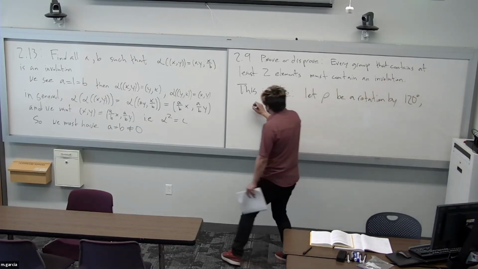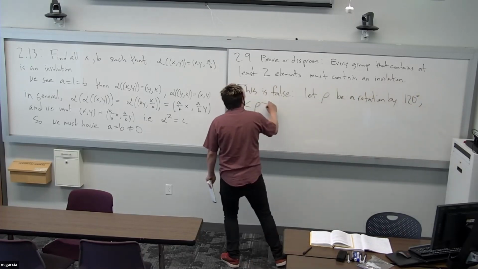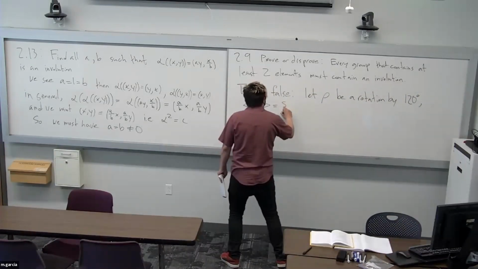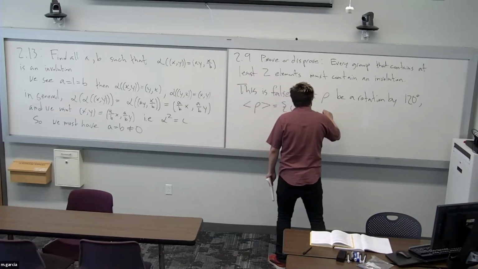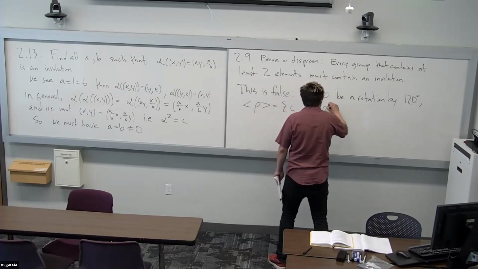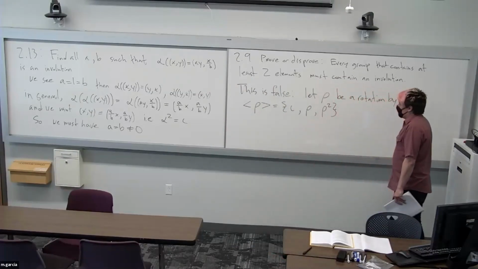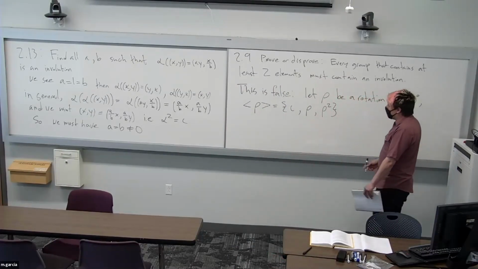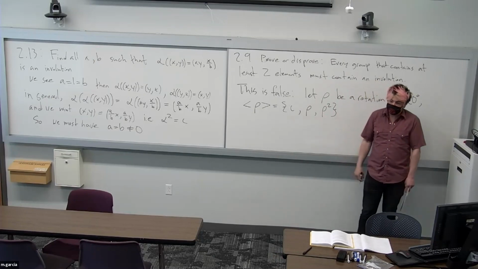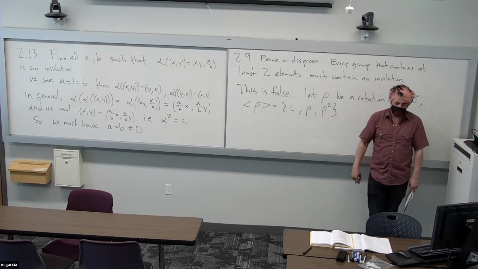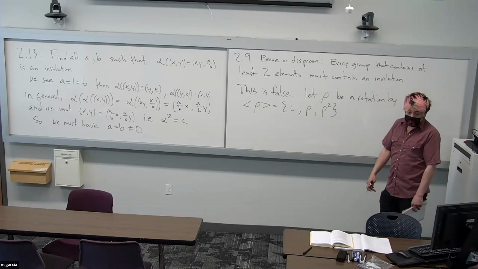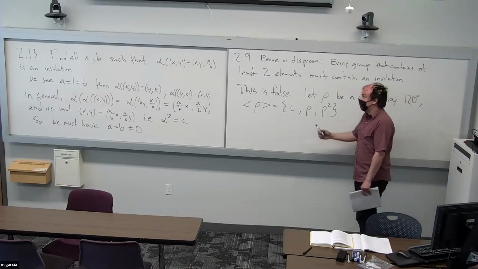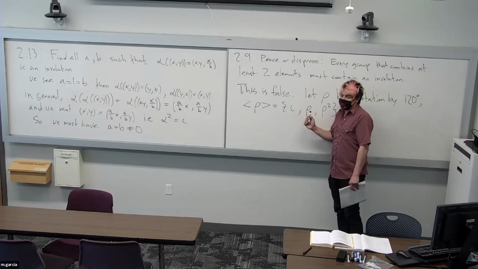Then the group generated by rho is just iota, rho, and rho squared. Okay? So our claim is that none of these are involutions. What do we have to check to ensure that? That they're not their own inverse. Yeah, or another way of saying that is if we square each of them,